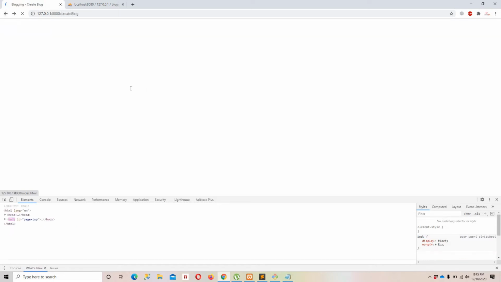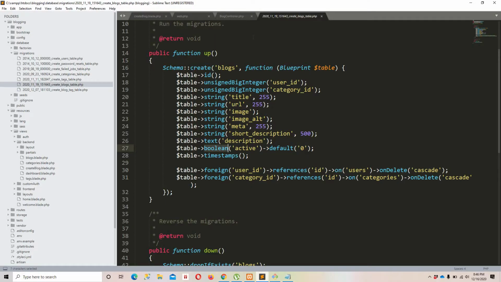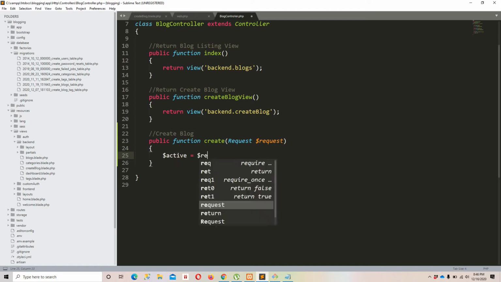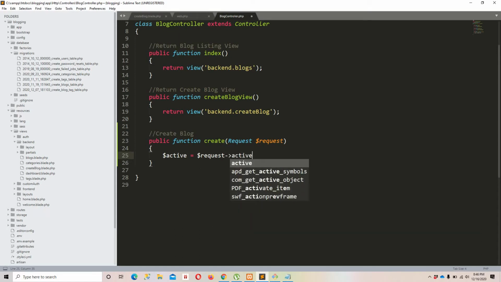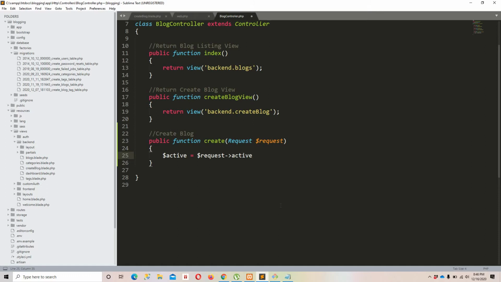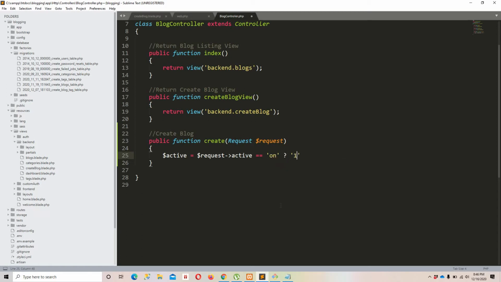So first of all, before the validation, I'm going to handle this field. How? Let me show you. Let's move to the controller and let's implement our validation. Okay guys, first of all let's do that. $active, I'm creating a variable, is equal to, and I am getting the request active, whatever we have from this form in this active field. Right here request active, I'm putting a condition. If request active equals on, assign it as 1